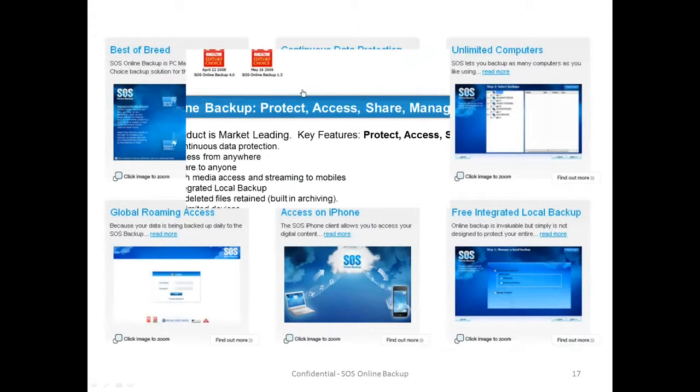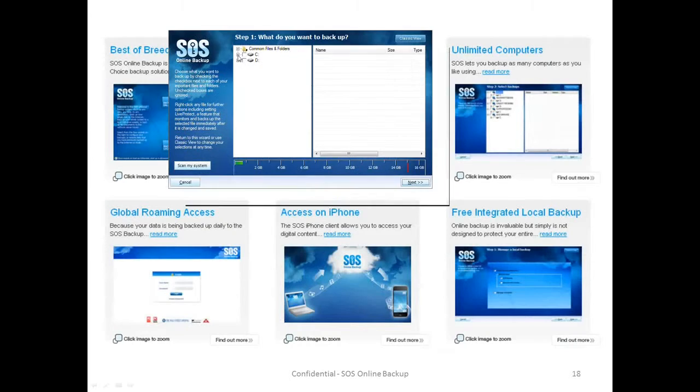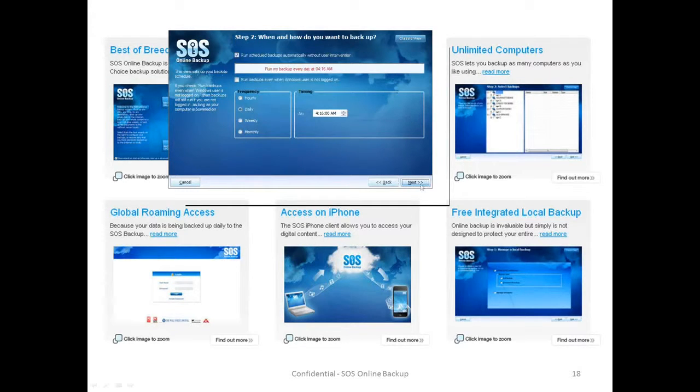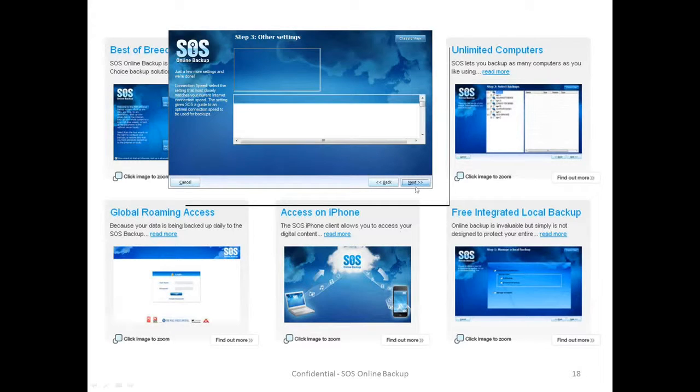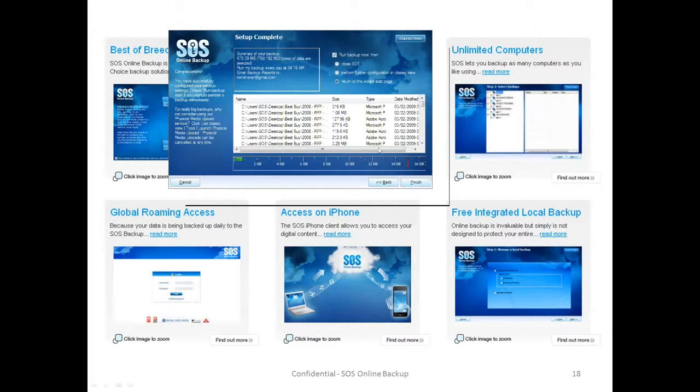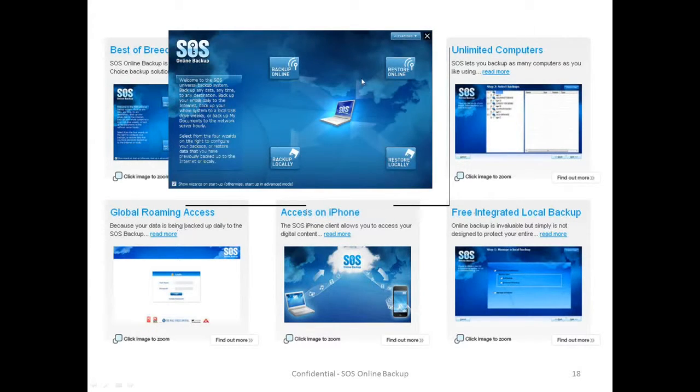And again, just to give you a sense of how easy the software is to work, I've clicked into the online backup wizard, and I can step through this wizard to select what I need to protect, when I would like that backup to run, who I would like the platform to notify when I'm running backups, and this will email when the backup's complete or any issues. I can review just what it is that I've set up to backup and when. I simply click finish, and my backup's configured to run. So it really is that simple.